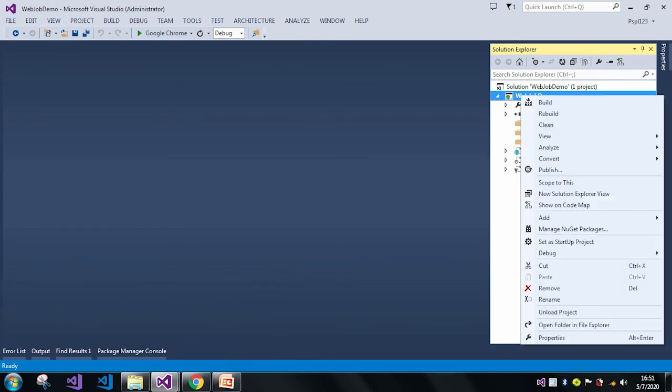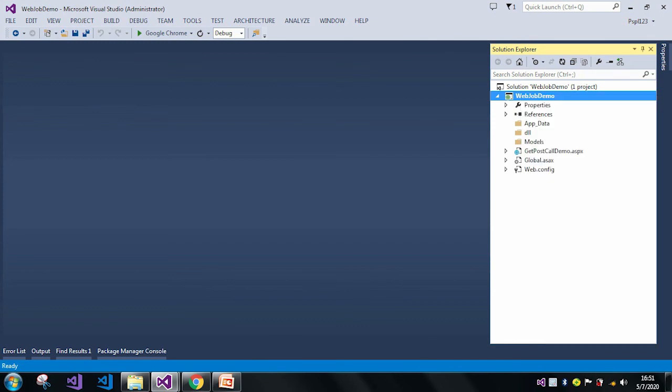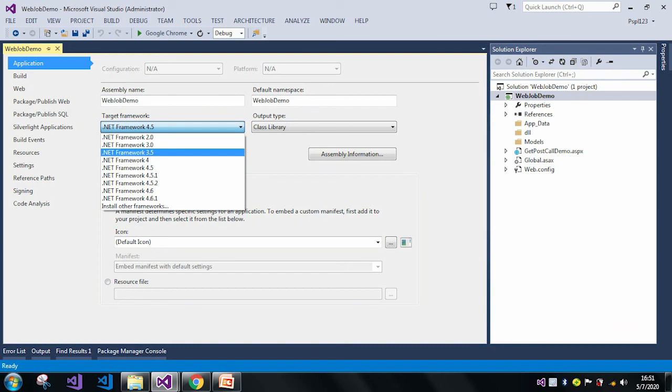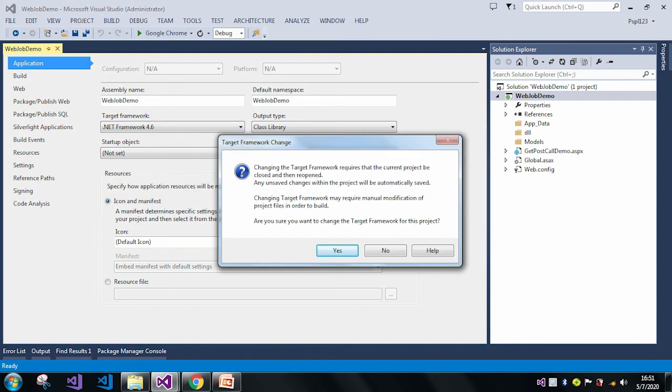So this is my ASP.NET application, just go to the properties, click on application, and here also the .NET framework version is 4.5. Whenever I change to .NET framework 4.6, it will also ask for the same prompt message. If I click yes, it will change it to 4.6, but it may occur with some build errors, but we need to resolve those build errors and publish that.